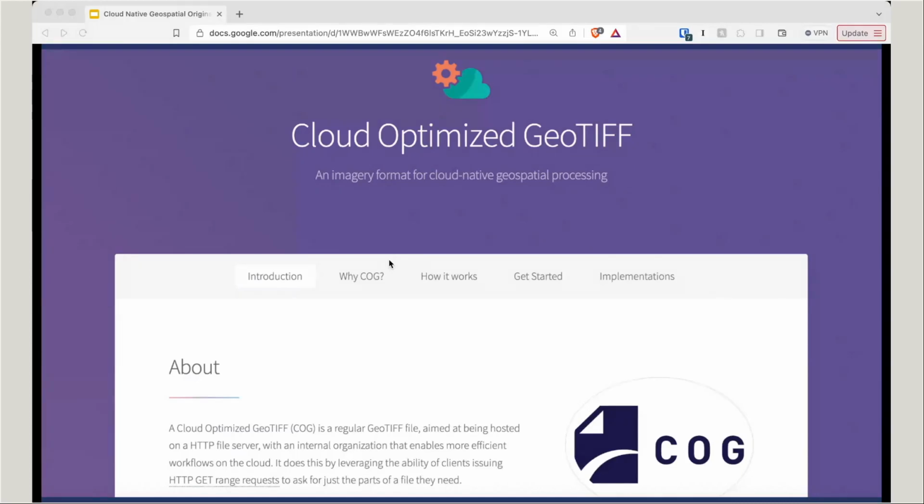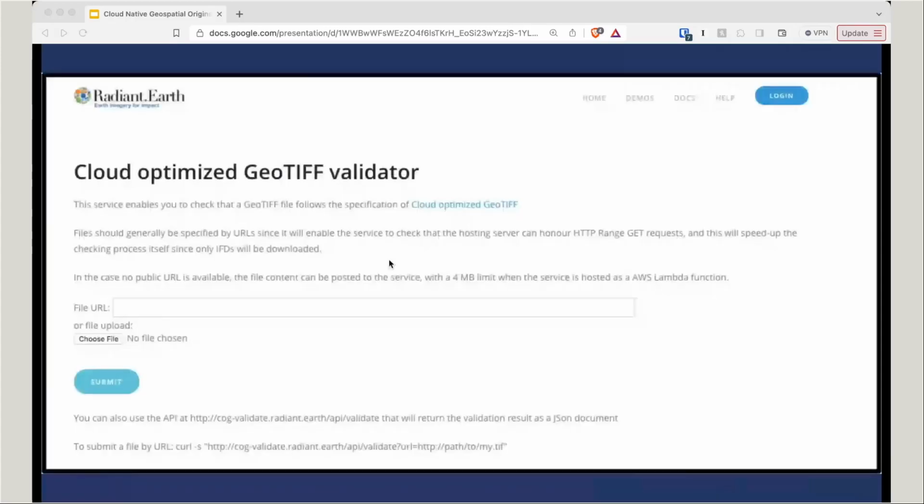Planet started making all of its data available as COGs. Maxar also translated some of the imagery too. And I think that's one thing we've done well with Cloud Native formats, really thinking about that ecosystem early and getting major amounts of data and more tools available in them. And one of those things that we did that I think was key was make it very easy to validate. So there were command line tools and these online validators, so anyone could tell if something was actually a COG and would perform well.